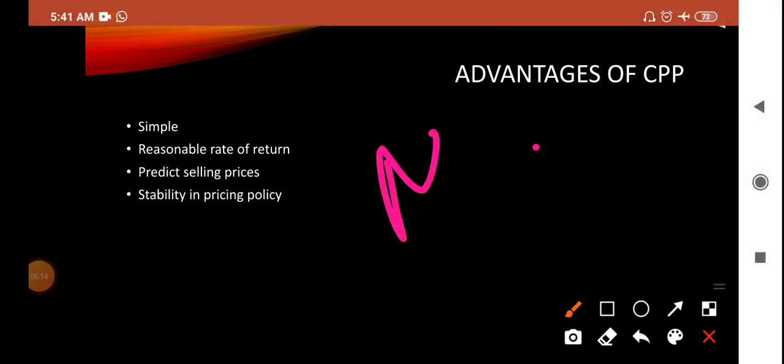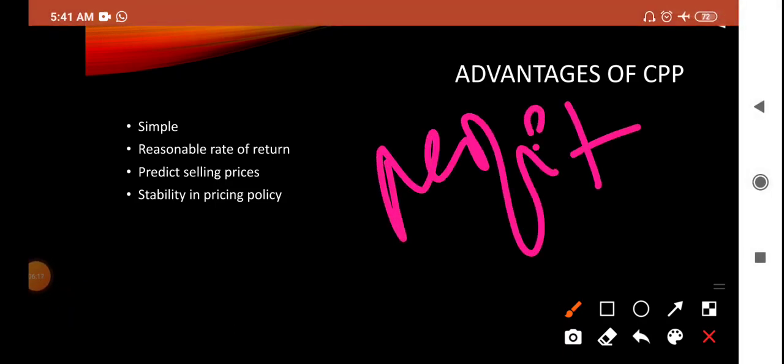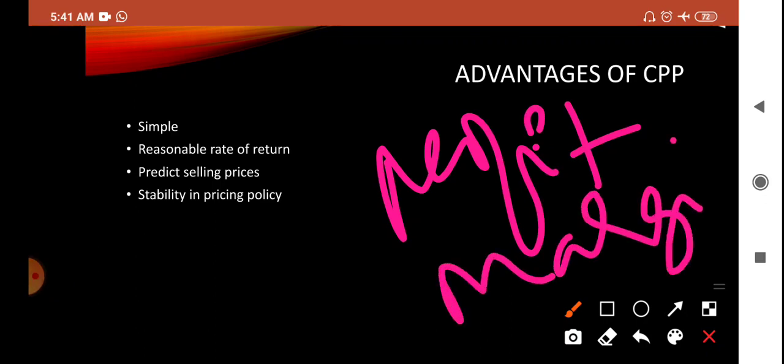So profit margin is kept for stable returns. So profit margin cannot be changed automatically, or cannot be changed continuously. If we have kept a profit margin for a term, that profit margin rate will not be changed. So there will be a stability in the prices, because the margin fixed is stable. Okay, there will be a little bit of changes in the cost, because the direct material or whatever raw materials you are bringing, there will be a hike or a decrease in the prices of those goods.